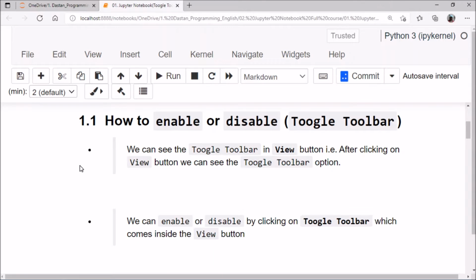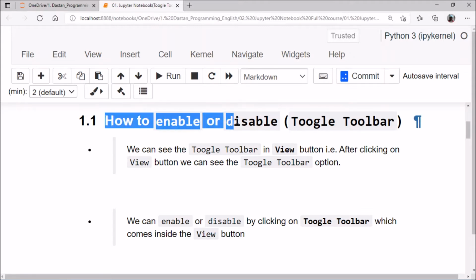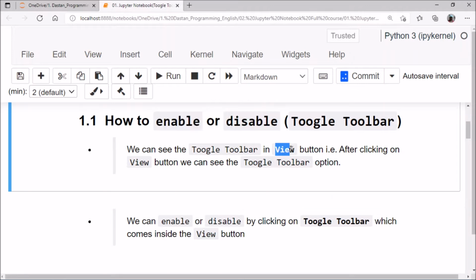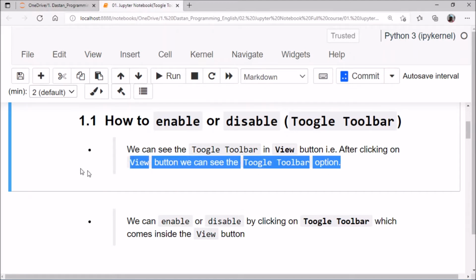I am covering everything from the very basics. So here we will see how to enable and disable the toolbar. We can see the toggle toolbar in the view button. After clicking on the view button we can see the toggle toolbar option. This is the view button.